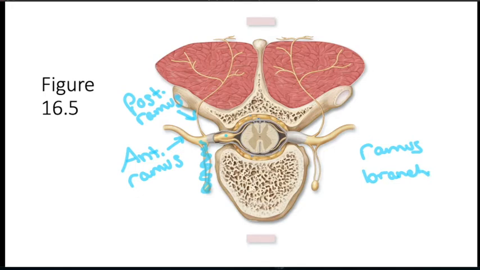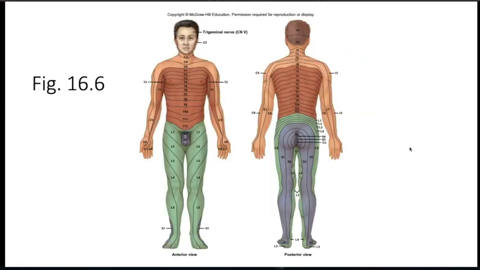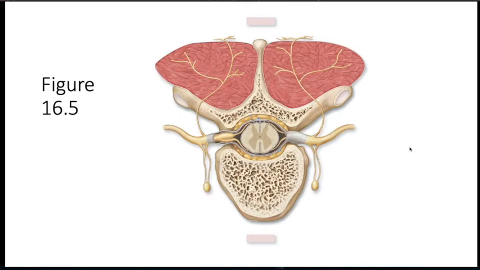Eventually it's going to branch and branch even more as it heads to different muscles or different parts of your skin. Usually I do have students know these. You do not need to know them. I am pointing them out because I think they're interesting. These initial rami actually are part of early fetal development. Again, you don't have to know this, but when you have your early fetus, it's actually at this point, sorry, it would be an embryo,